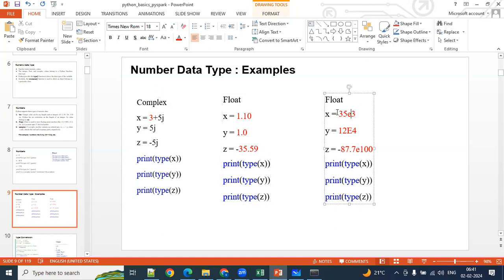Okay, you can represent even like this also. This representation you guys know, right? Mantissa value you are going to represent. 35 into 10 power 3. So big numbers we generally represent like this. Okay, so 1E4, capital letters also you can represent here, or you can represent like this also. So all these numbers are float numbers only here. Float values only.